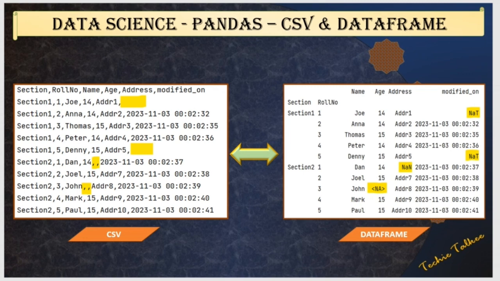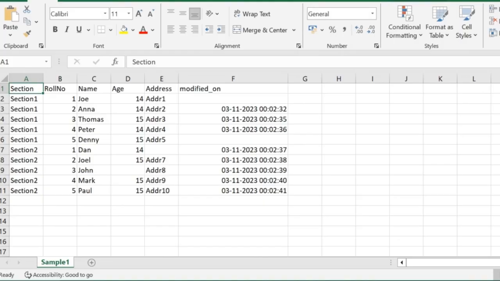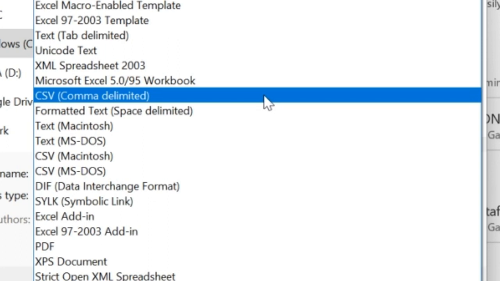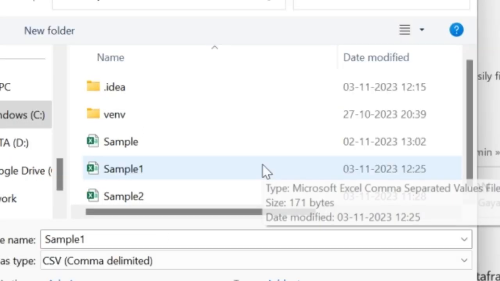First, what are the ways to access this CSV data? Many a times, whatever data we want to process will be placed in an Excel file for easy analysis. Say for example, I have this file where I have all the required information. Now, I want to import this data into a data frame. So for that, I'll first save this file as sample1.csv by selecting this option CSV delimited,